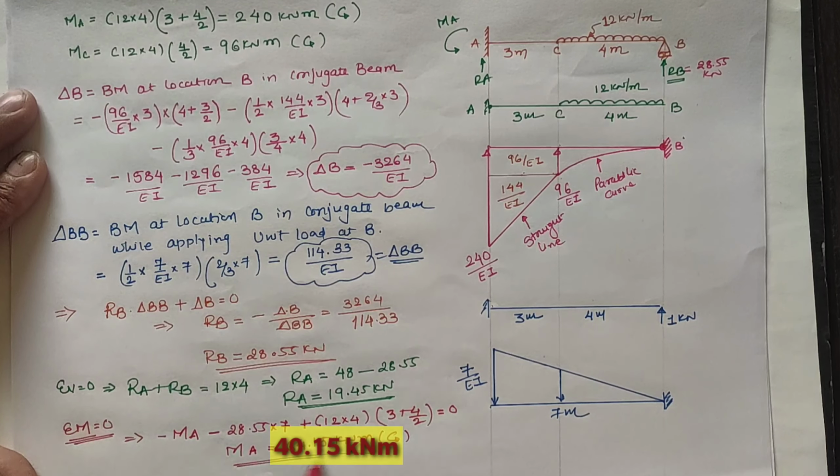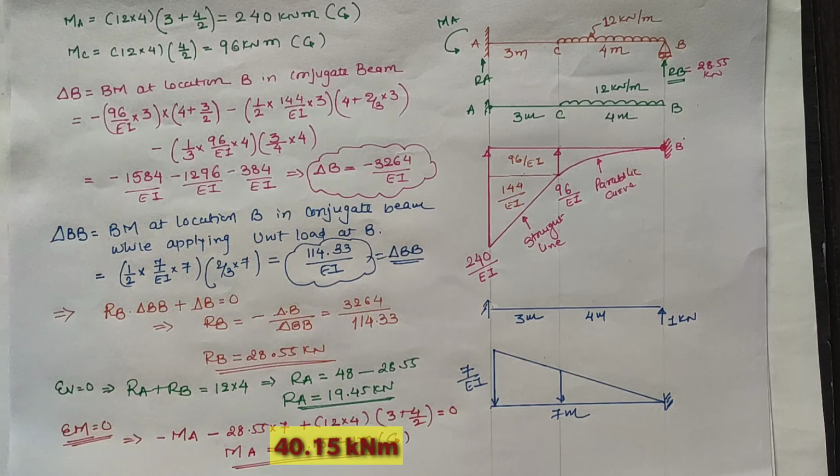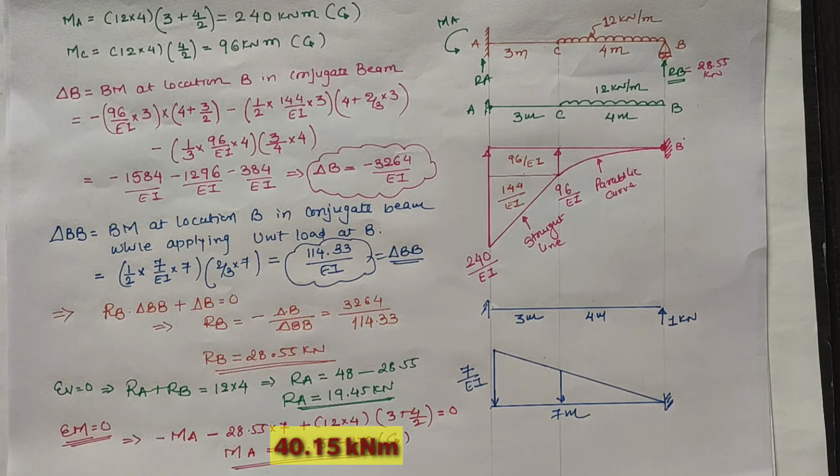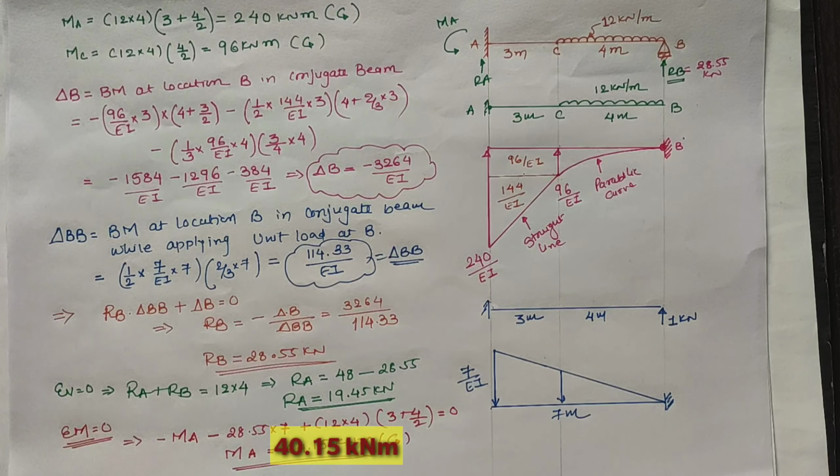in anticlockwise direction. So by using the consistent deformation method, we can select any redundant and we can find out the redundant value first, and after that we have to analyze the remaining reaction values by using three equilibrium conditions as sigma V equal to 0, sigma moment equal to 0 and sigma H equal to 0. Now let us go for the shear force and bending moment diagram of the given propped cantilever beam.